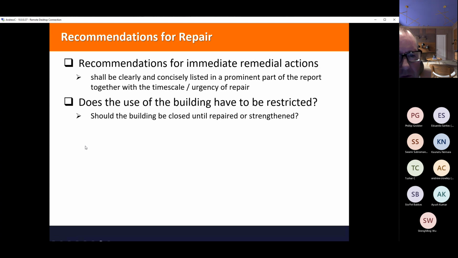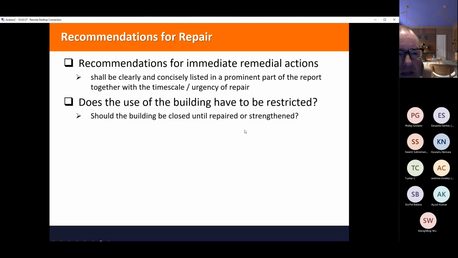Also, again, as part of your report, you could include recommendations for immediate repairs, preferably using a marked up plan or marked up sketches or marked up photographs. So clear, concise, and make sure you've got a link to it in the executive summary of the report. Make sure you know that you're talking to the client, that they can understand, that you put a big arrow and say, fix this part of the building, for example.